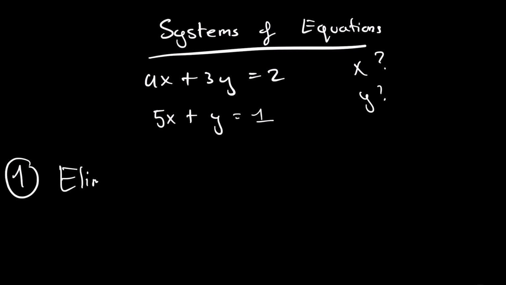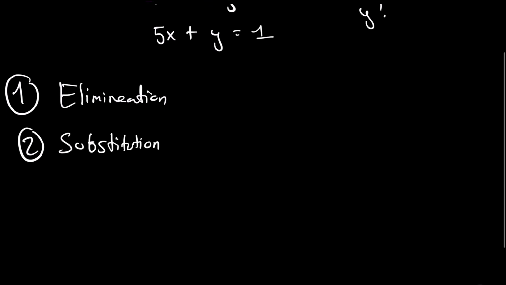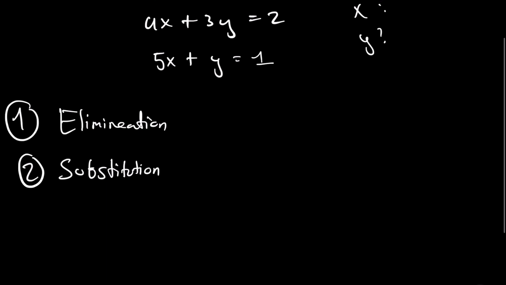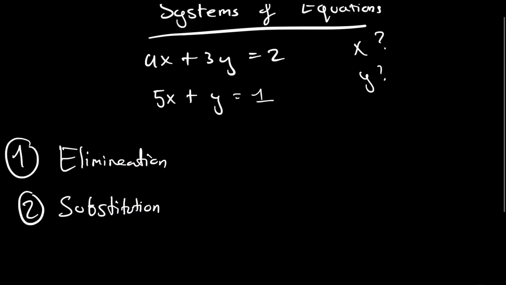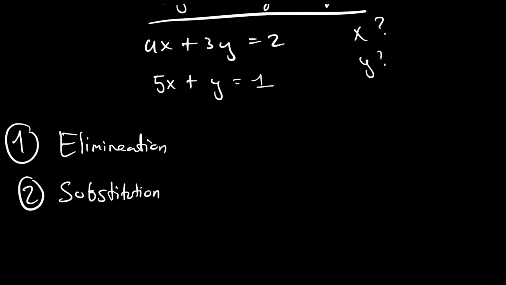Elimination and substitution. Now, elimination, it's basically you have to cancel out one of the missing variables in order to figure out the other. So, for example, if we have 4x plus 3y equals 2, like we said here, and then 5x plus